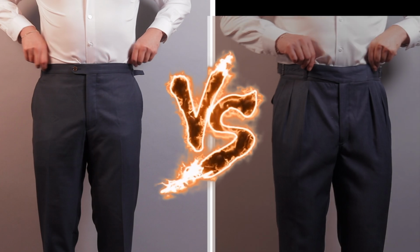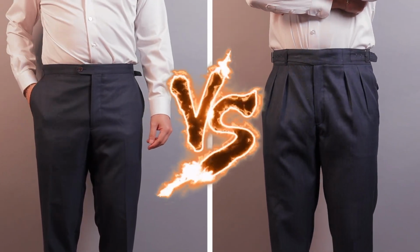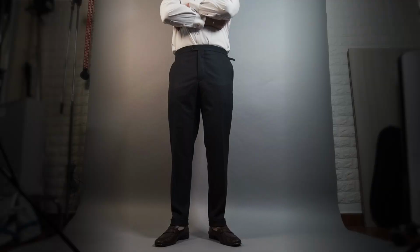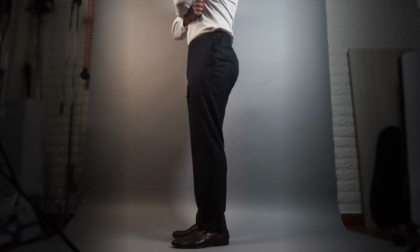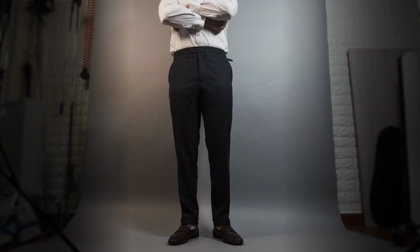So which should you choose? It depends on your body type, style preference, and the occasion. If you prefer a modern, slim, and streamlined look, flat front pants are your go-to. They're ideal for a sharp, business-like appearance, but on the other hand, if comfort and a classic aesthetic are your priorities,